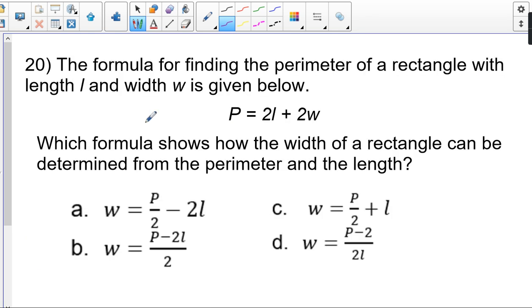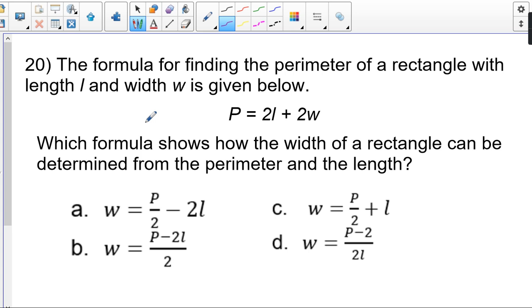20. The formula for finding the perimeter of a rectangle with length L and width W is given below. P equals 2 times L plus 2 times W. Which formula shows how the width of a rectangle can be determined from the perimeter and the length? So if all those words confuse you, all they're asking you is to solve this for the width. We should have an equation that has width equals some long thing with the length and the